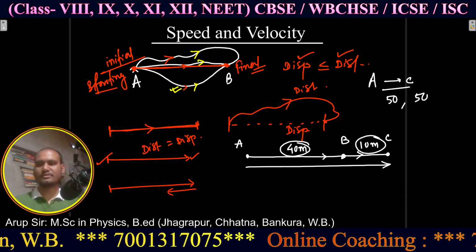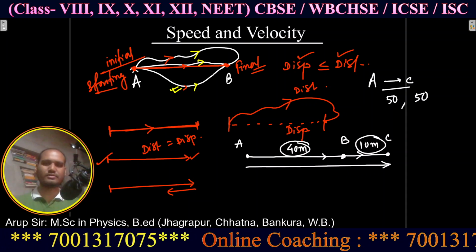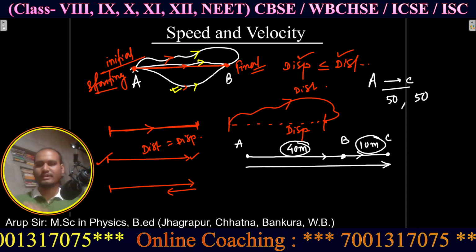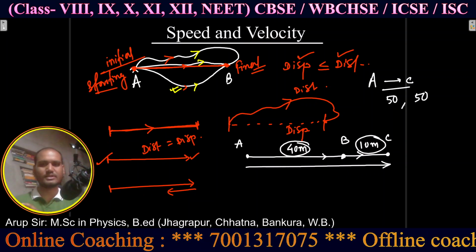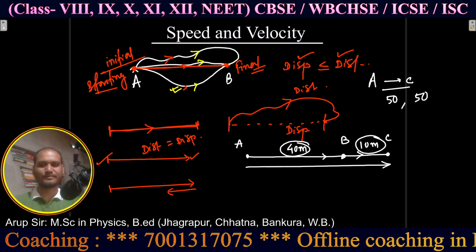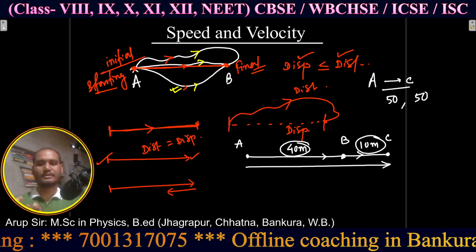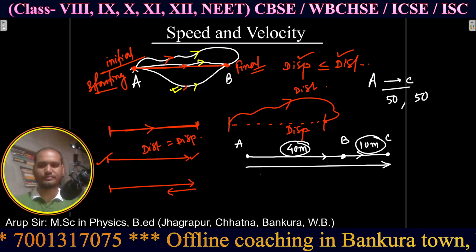40 plus 10 is also 50. So distance equals displacement. Here the path length means the direction of motion is not changing. Direction is fixed, and with it the motion is also linear motion. Secondly,